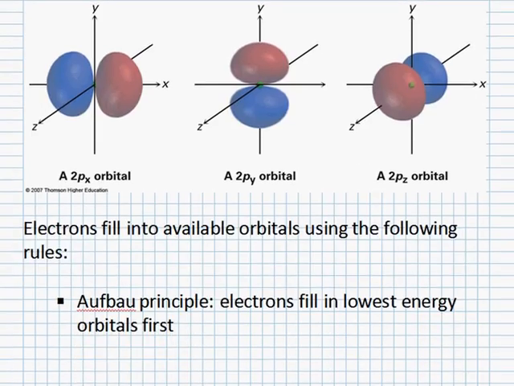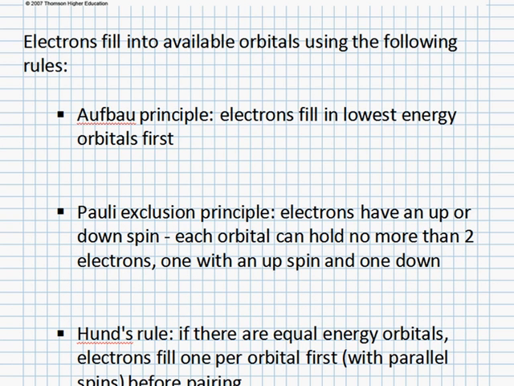So let's talk about how it is that electrons will actually fill into available orbitals. There are 3 principles that define how it is that electrons will fill into available orbitals. So first is the Aufbau Principle, that electrons fill in lowest energy orbitals first. So 1s, just like we showed before, is the lowest energy orbital, and that's just the first shell. All it is that 1s orbital. Then we have 2 electrons that go into the 2s orbital, another spherical orbital that's just larger than 1s. Electrons will fill into the 2p orbitals. There are 3 of those 2p orbitals, and we'll talk about how it goes into each of those, but